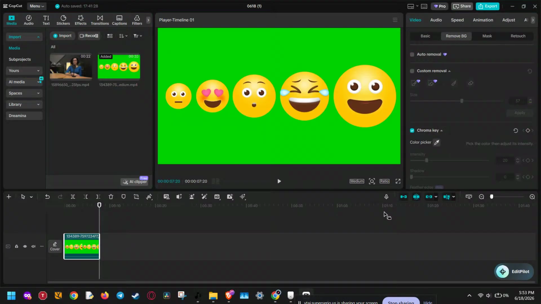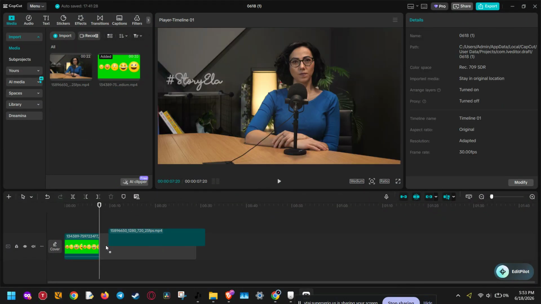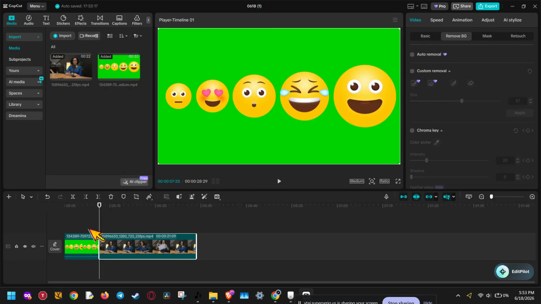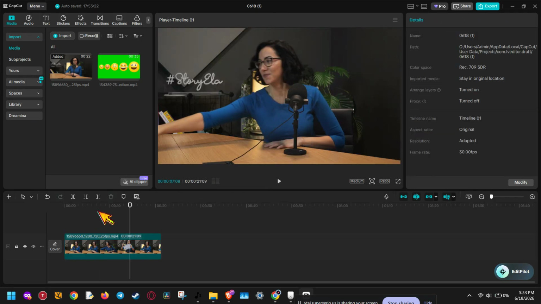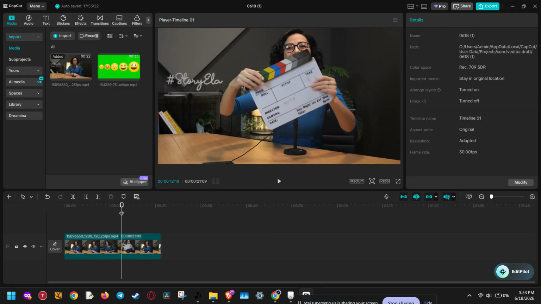If you need to rotate a video in CapCut, whether it's sideways, upside down, or you just want a custom angle, this tutorial will walk you through the fastest ways to do it. By the end, you'll know how to use the quick rotate button, the custom angle controls, and the visual canvas